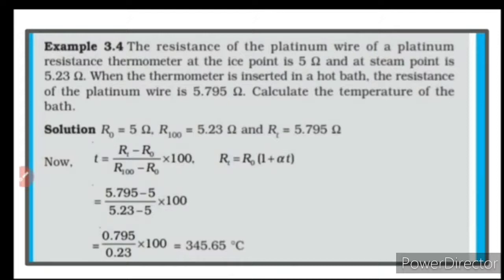Okay. So platinum, you might not have heard about the platinum resistance thermometer. We are familiar with which thermometer? Mercury thermometer. In that thermometer, mercury is used. So what is the property used in that type of thermometer? Thermal expansion of mercury. In the mercury thermometer, we make use of the thermal expansion of mercury. What do you mean by thermal expansion? As the temperature increases, the volume increases, and that increase in volume is what is shown in the mercury thermometer.